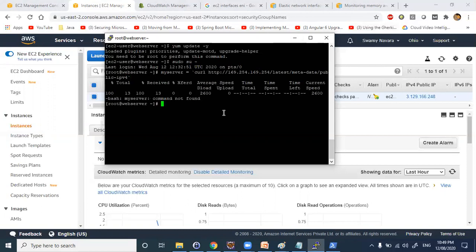Yeah. And echo dollar. So I'll check this command. I guess something is missing here. So I'll check on this and I'll let you know.